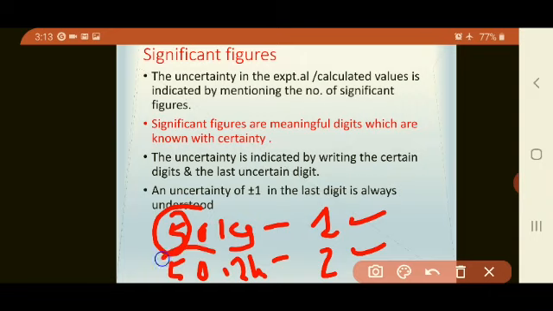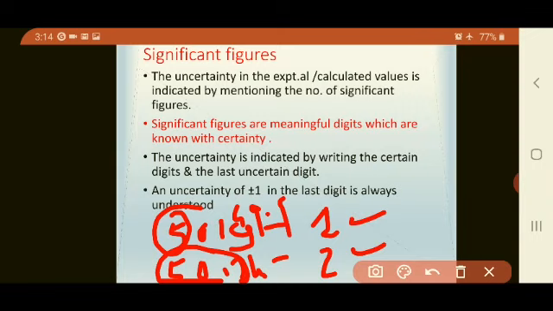Now in this second reading, 50.2 kg, the first 50 kg is correct, accurate, but there is uncertainty in 0.2. Means this is called as uncertainty. Now if there is any other machine which weighs 49.9 kg, which is precise reading, means which is close to 50. Means in that 49 is correct, but 0.9 is uncertain, right?